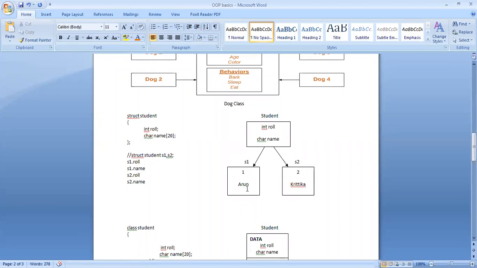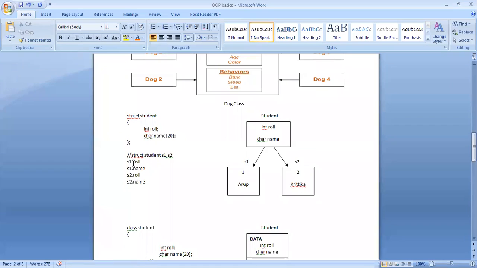Now see, initially there will be no value stored inside. There will be simply some space allocated. There will be some space allocated for S1 and S2, inside which there will be some space for entering roll number and name. Here also there will be a blank space for entering roll number and name for student S2. Now how are we to read these values here? How are we to store the values here? How do we access the data members inside a structure?